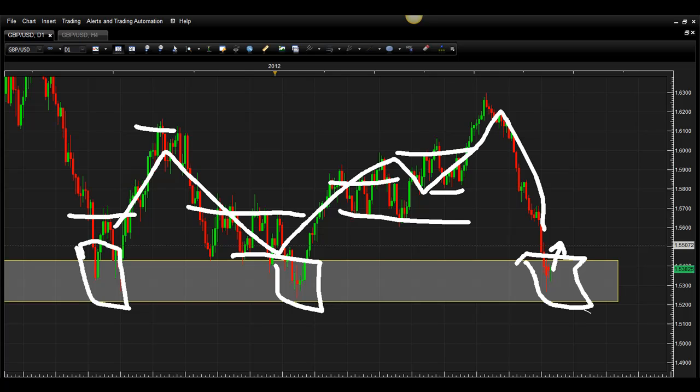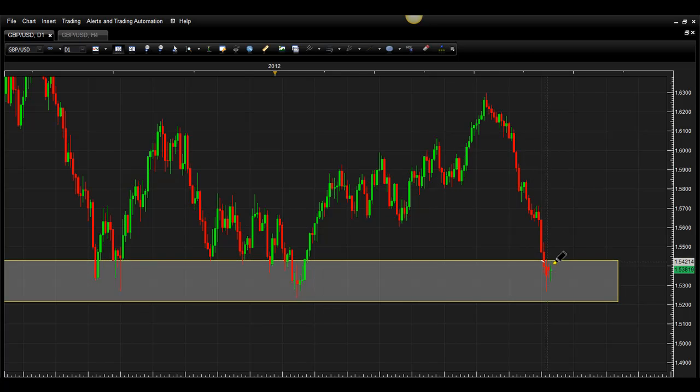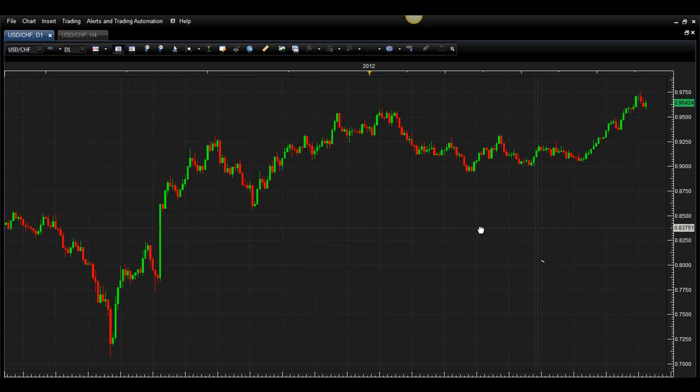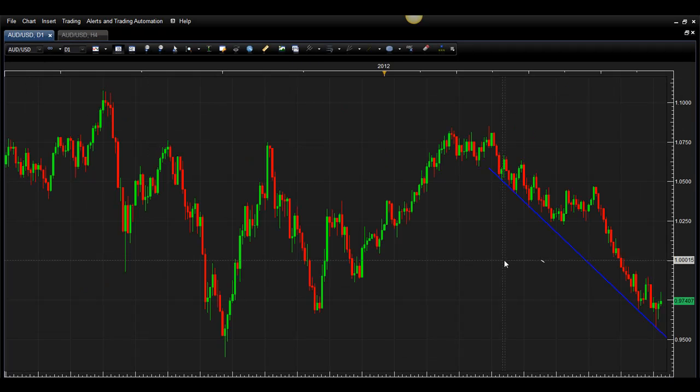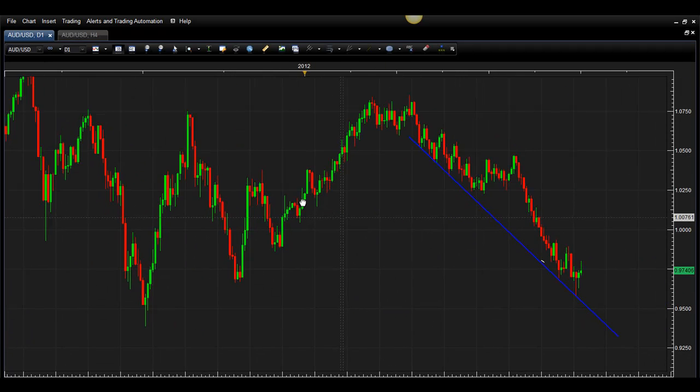I would highly encourage you to wait until you get some bullish movement before making an entry. Make sure that you're breaking the top of this level. Okay, let's move along to the Aussie dollar. Oh, I'm on the U.S. Swiss Aussie dollar. Okay,